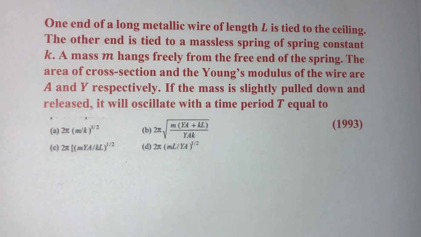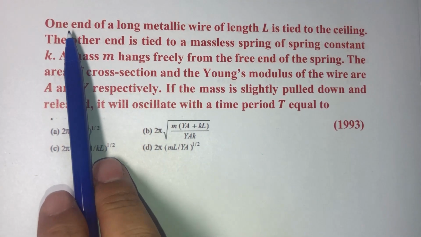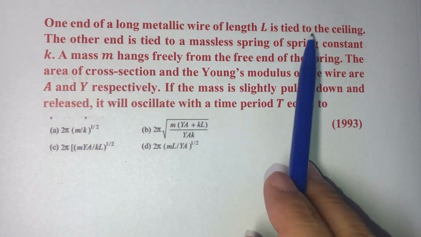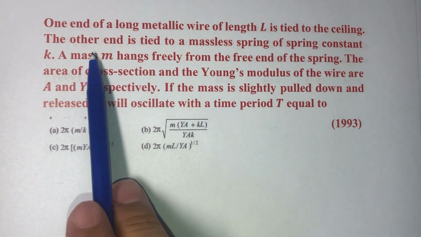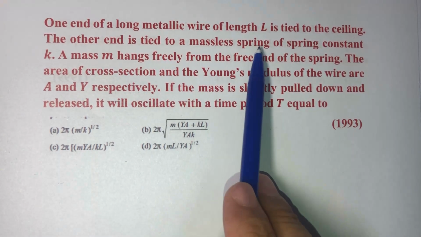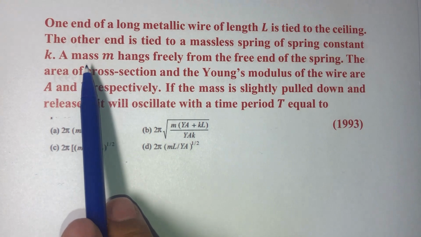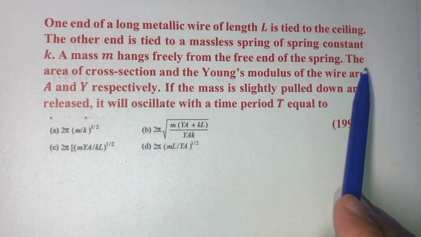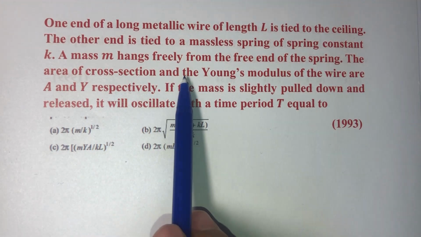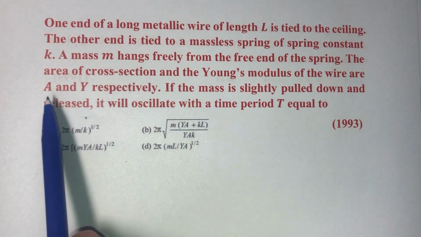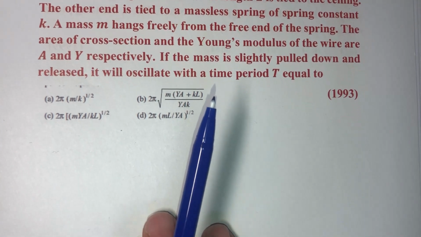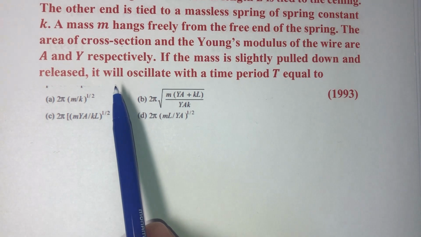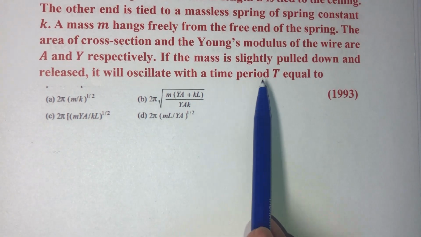Hello friends, today's question. One end of a long metallic wire of length L is tied to the ceiling. The other end is tied to a massless spring of spring constant K. A mass M hangs freely from the free end of the spring. The area of cross section and the Young's modulus of the wire are A and Y respectively. If the mass is slightly pulled down and released, it will oscillate with a time period T, which is equal to: